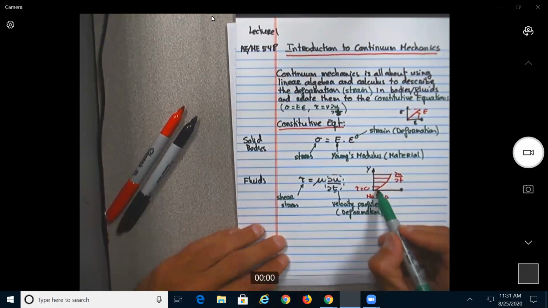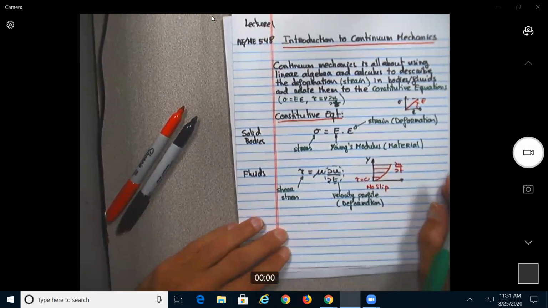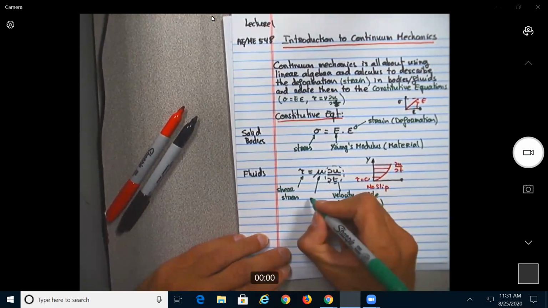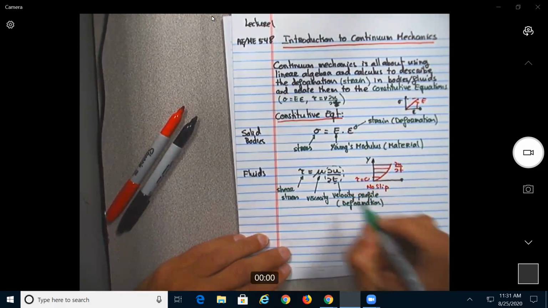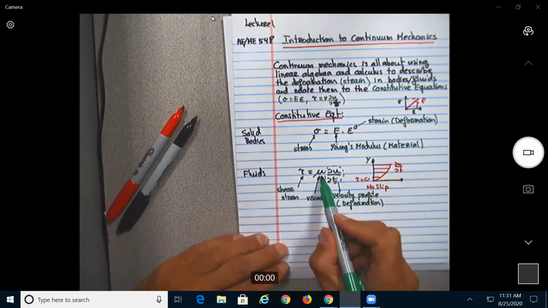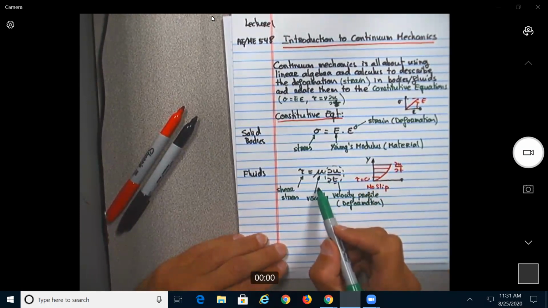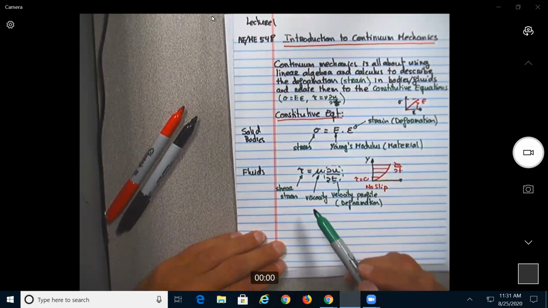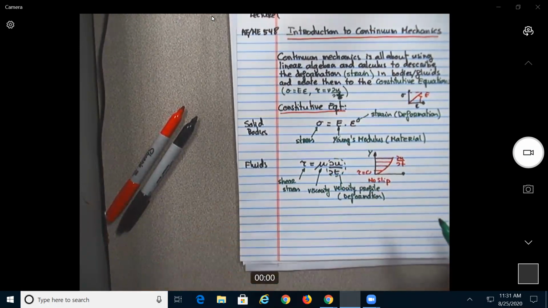It will be 0 over here as you go up. Okay. And this doesn't matter if it's a dynamic or kinematic viscosity. This is just the viscosity. But again, this will be the one relating the equation to the different fluids. The same way we have the E for the different materials, this will be the one for the different fluids. Okay. All right. So now, something we need to do as well